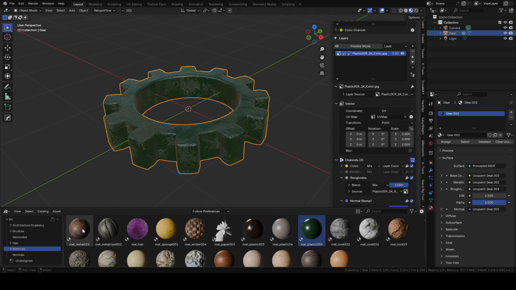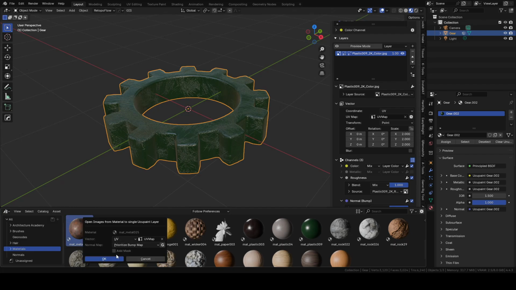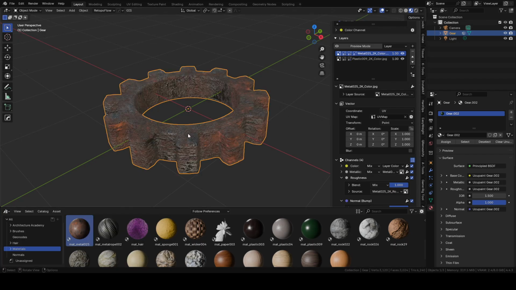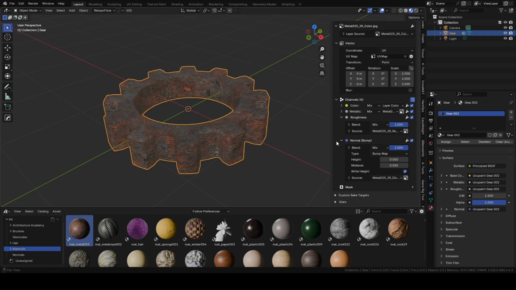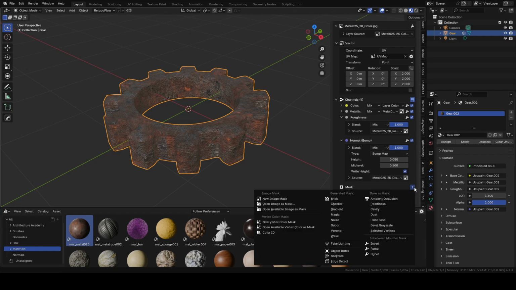Now then I'm going to create another layer using this rusty metal material, like so. It's going to get laid on top of the other layer. I'm going to change the scale a bit. So here's my rust, but we only want the rust to appear in certain places, so we're going to add